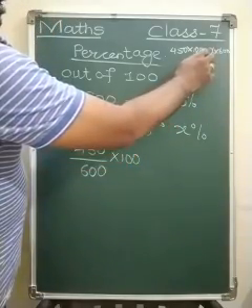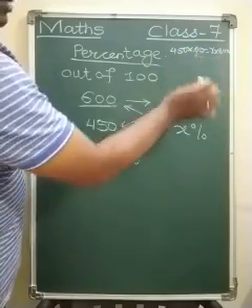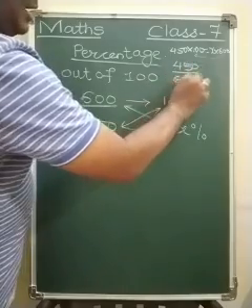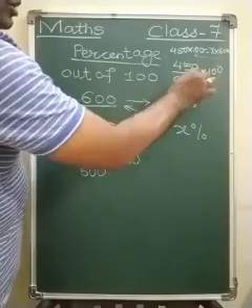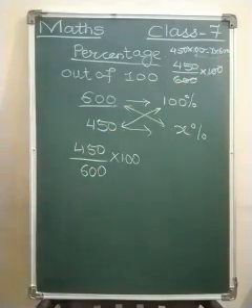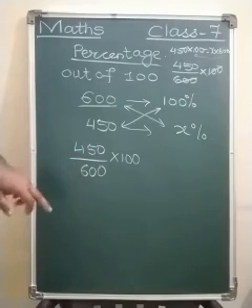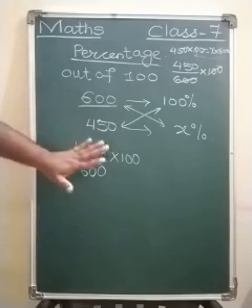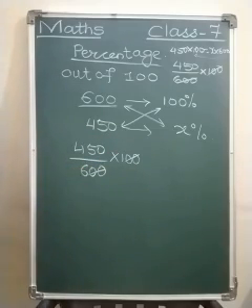Now we have to find out the value of x. So 600 would be transposed to this side. So usually we do 450 divided by 600 into 100. So you cut off these 2 zeros. You usually divide your total marks with the number of subjects, that's why you divide the total marks with the number of subjects. This is the reason.